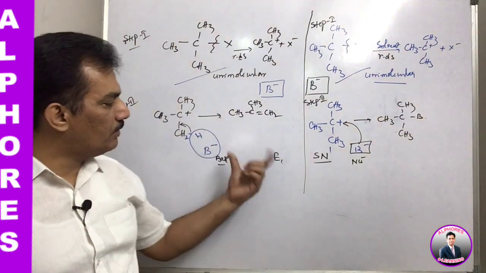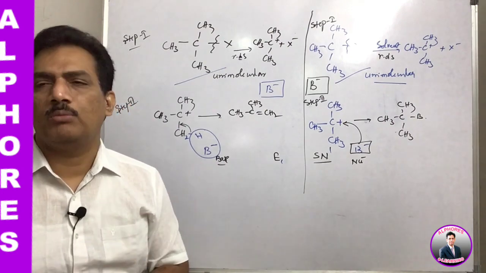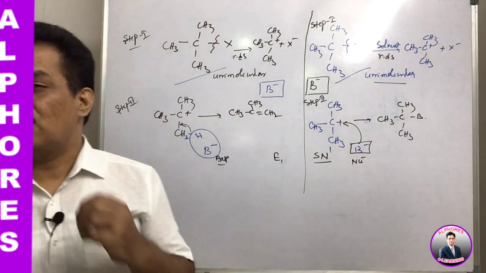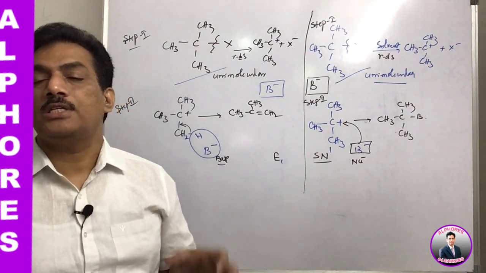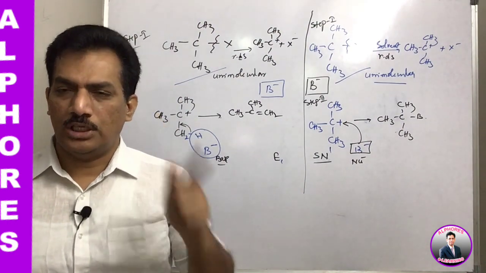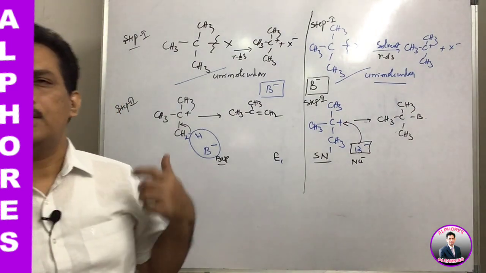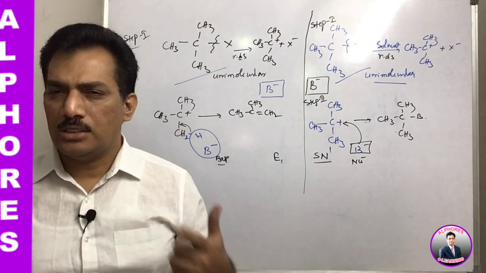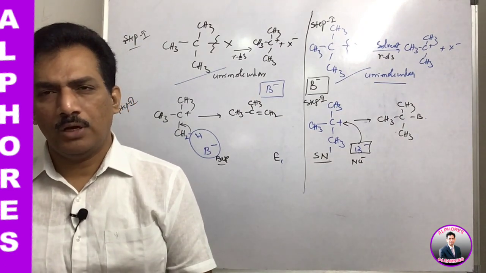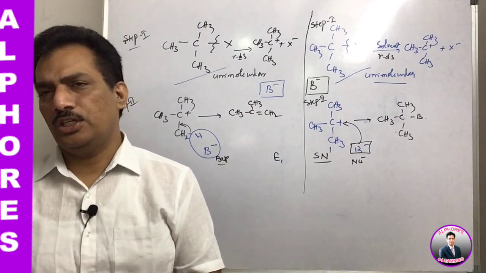And now coming to E1 elimination. In E1 elimination, if there is any chance to form two or more alkenes, that is nothing but elimination products, just remember the major product is always the more substituted product, as per Saytzeff's rule. As per Saytzeff's rule, the E1 mechanism always leads to the formation of the major product as the more substituted product. Are you following?